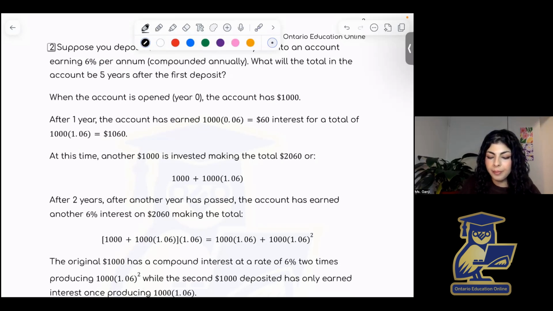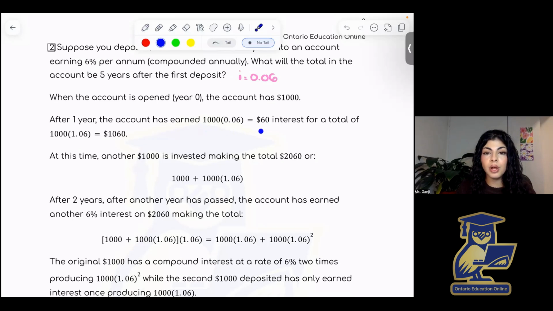So after 1 year, because it's 6% per annum and it's compounded annually, we can conclude that i here is 0.06, and we don't have to do any divisions here because it's compounded annually. So 1,000 times 0.06 is $60 interest. So at the end of year 1, we have